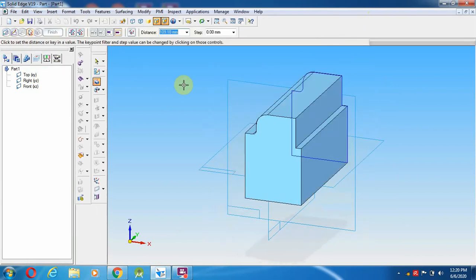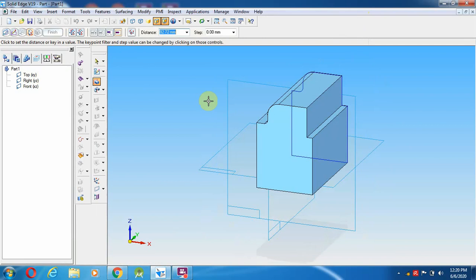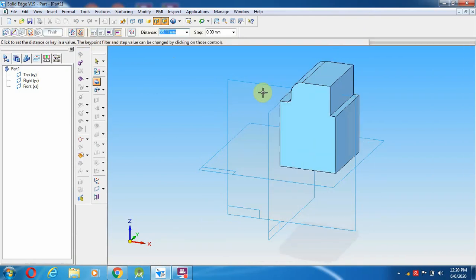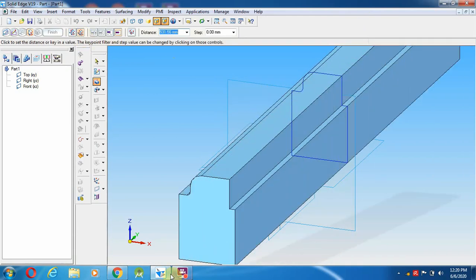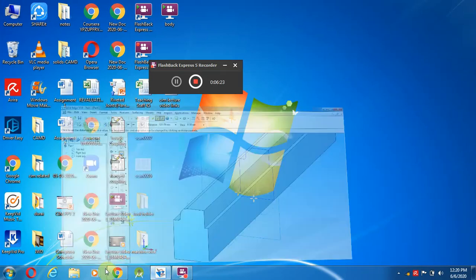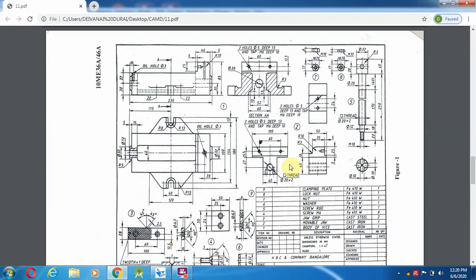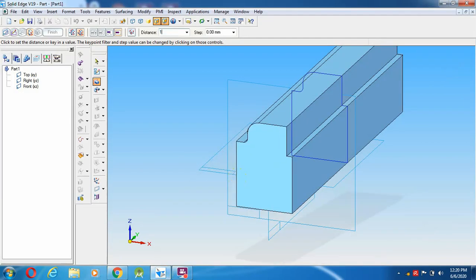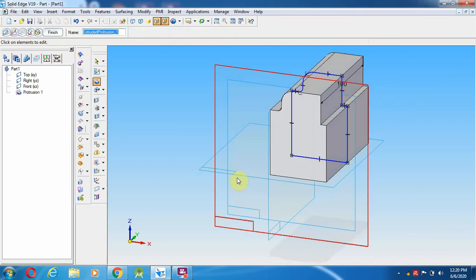Once you have given return, I want to keep the axis, or plane, in the middle, so I am going to use the symmetric extend command. From that, I am going to extend how many mm of depth? That is the throughout 100 mm depth that we can see from the side view. 100 mm depth I am going to extend over here. So I am going to give 100 over here.